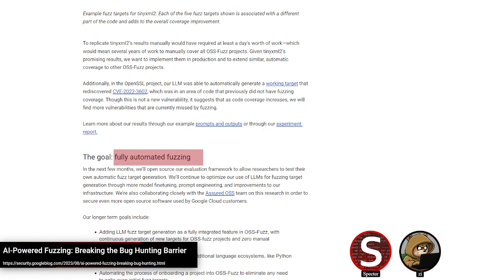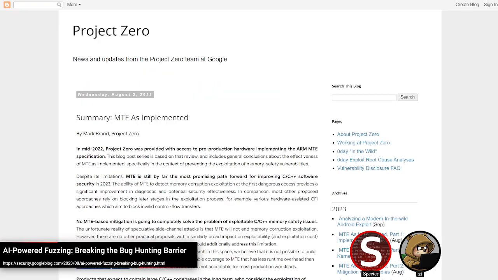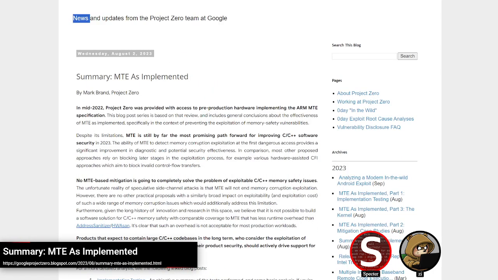Yeah, agreed. And continuing on the Project Zero posts, Project Zero also made another post in August on MTE. So MTE is another favorite of ours. We like to talk about it a fair bit because, as far as memory corruption goes, it is a fairly significant mitigation, or at least that is the idea. And Project Zero put out a post basically summarizing their conclusions after looking at MTE and looking at different issues that it might have and theorizing on some bypasses.